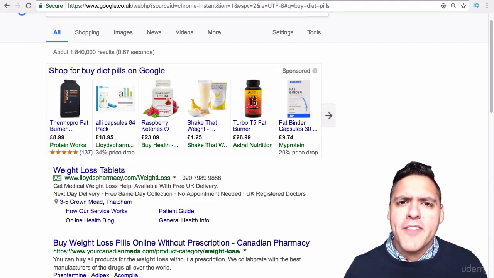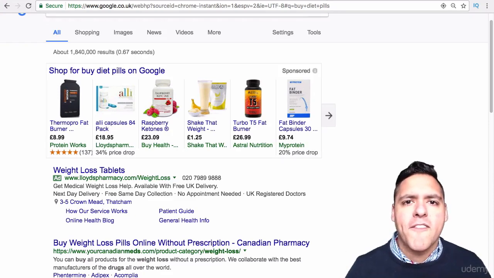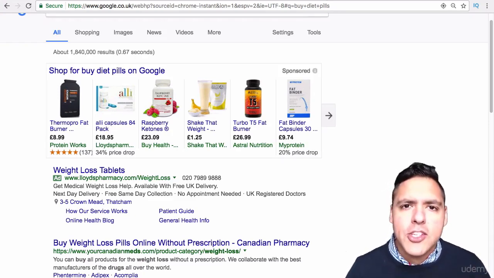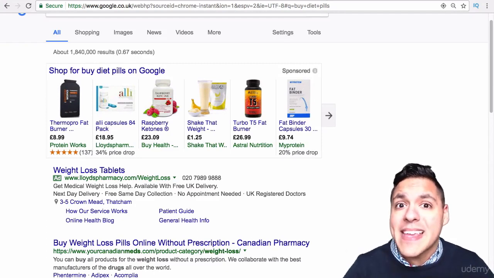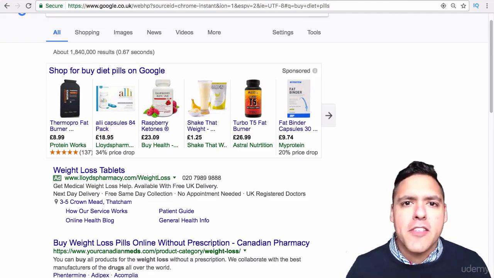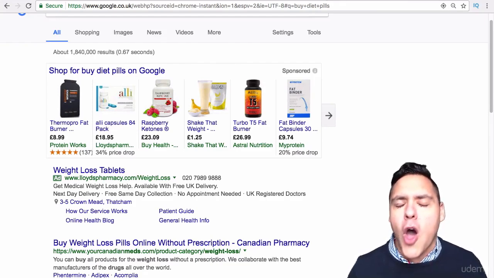The reason why I'd favour Google over something like Facebook is because people aren't necessarily in the buying mentality when they are on Facebook. They're on Facebook to see their friends' feeds. But when you are going on Google, you are searching for information. You're searching for a particular something. And if your particular something is what people click on, you've got a great chance of making the sale because people are already in a potential buying mood. So you just have to be in the right place at the right time. That is marketing, and that is why Google AdWords appears to be the greatest marketing tool on the planet right now.